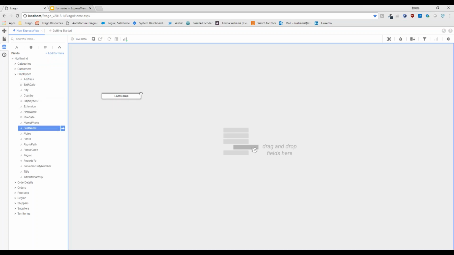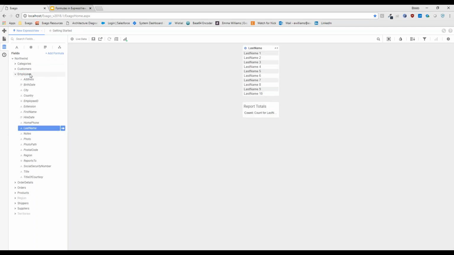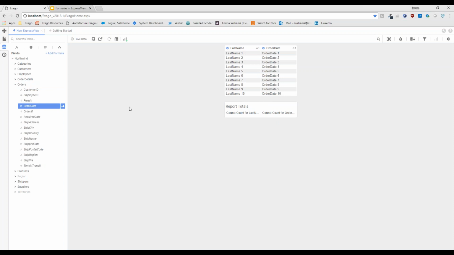So the first thing I'm going to do is just drag over my employee last name field. Some other info that I might want is the date of the order, right? I want to know when these orders were processed and maybe do some comparisons, years or quarters. I'd like to be able to see where the bulk of our orders are falling.